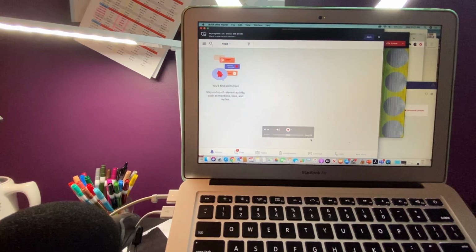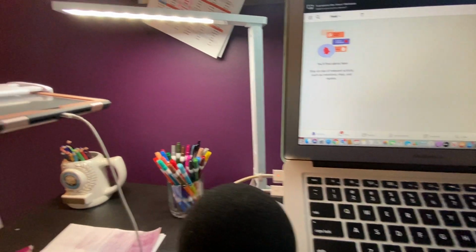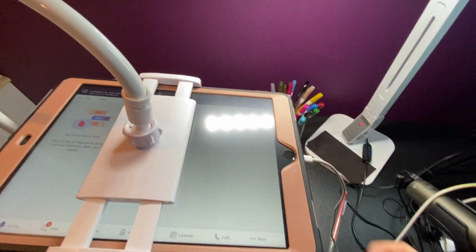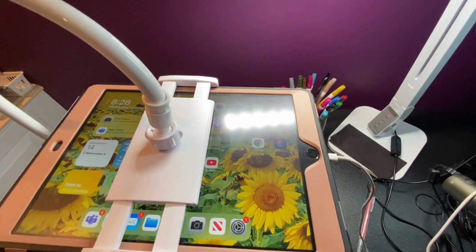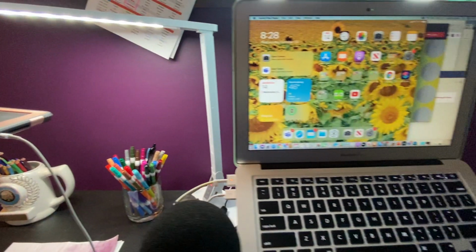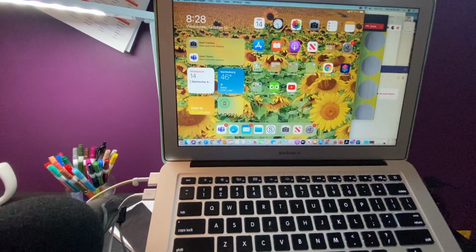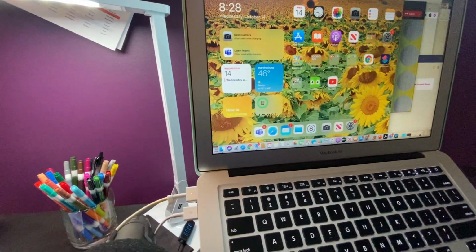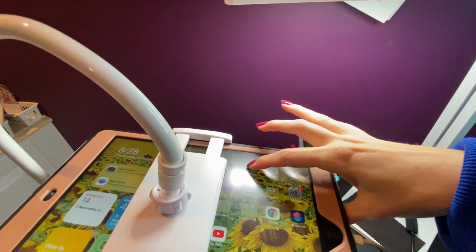and what you will see is it will bring up the screen of your iPad if it is connected to your laptop. So if I hit the home button there and take you to my home screen of my iPad, you will see my iPad screen come up on QuickTime. And then if you're doing this, you want to show what you're working on to the kids. So I am going to select the camera,